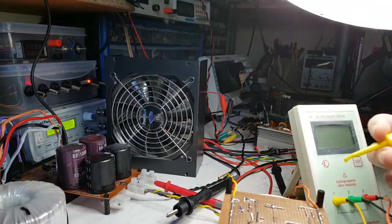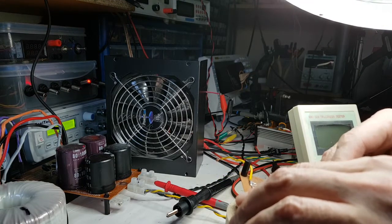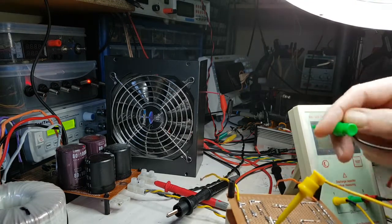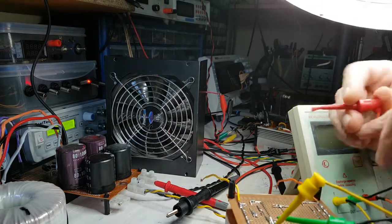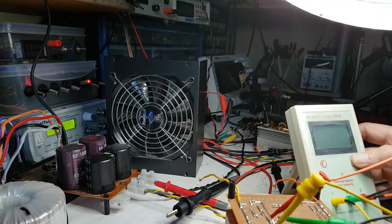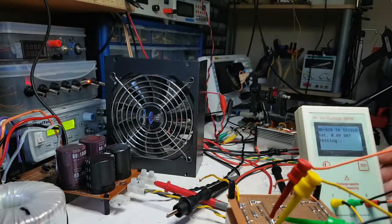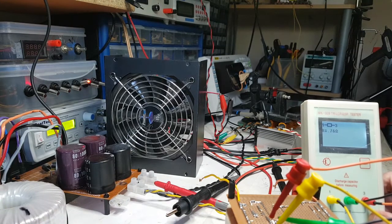Well, I've managed to get this part off the circuit. I've not taken it out because I've not tested it yet, but I'm just going to do a quick little test. I don't care which lead goes on which here, because we just want to know whether this thing is a worker or not. And in a way I don't want it to be, and it's not. Okay,